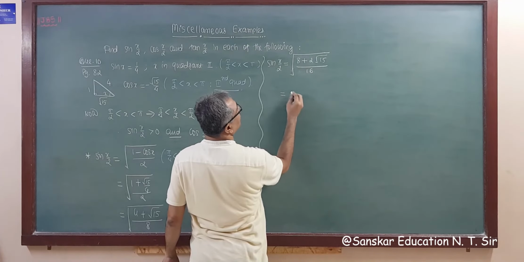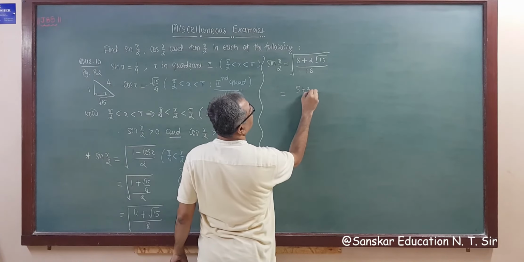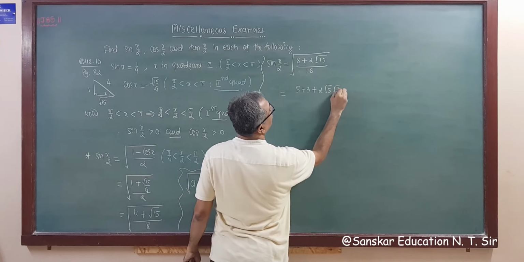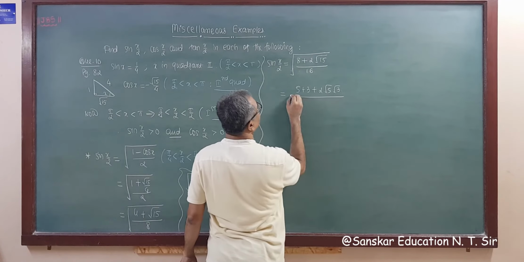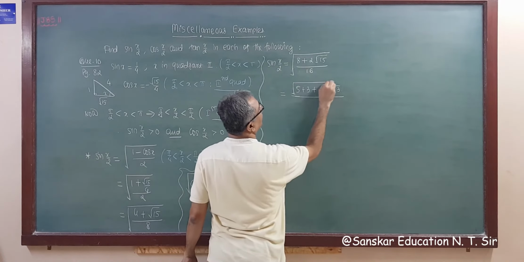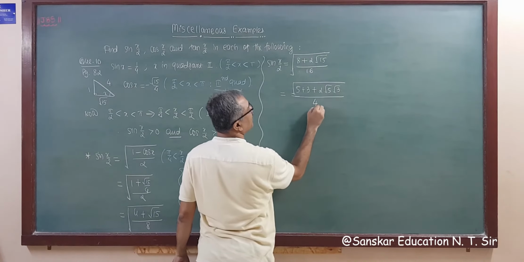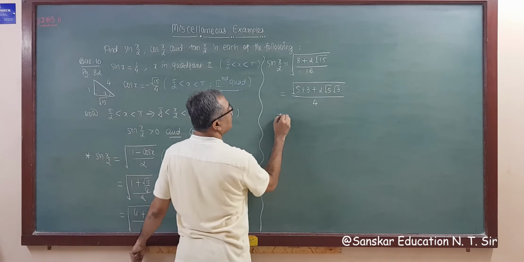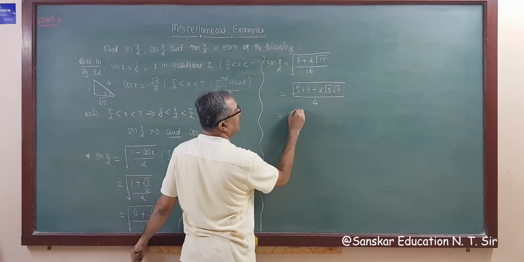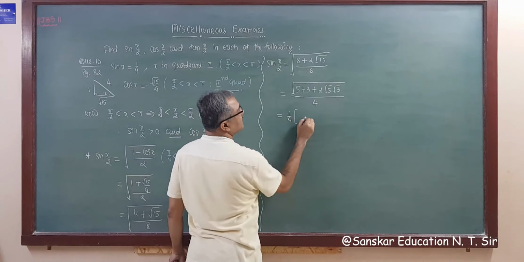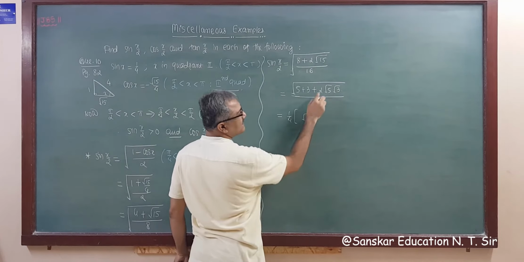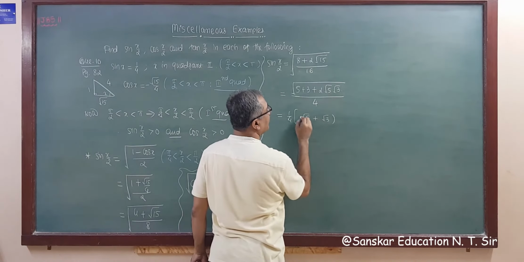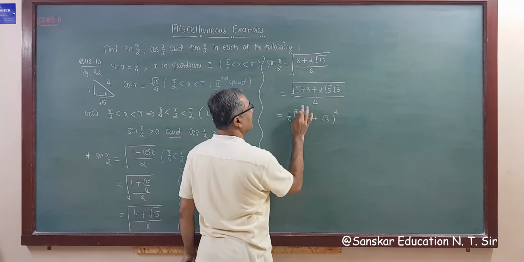So this is equal to 5 plus 3 plus 2 times root of 5 into root of 3, whole upon square root of 16, which is 4, so I am writing 4 only. So this is 1 upon 4, and in the bracket this is root 5 plus root 3 whole square, and in the square root,